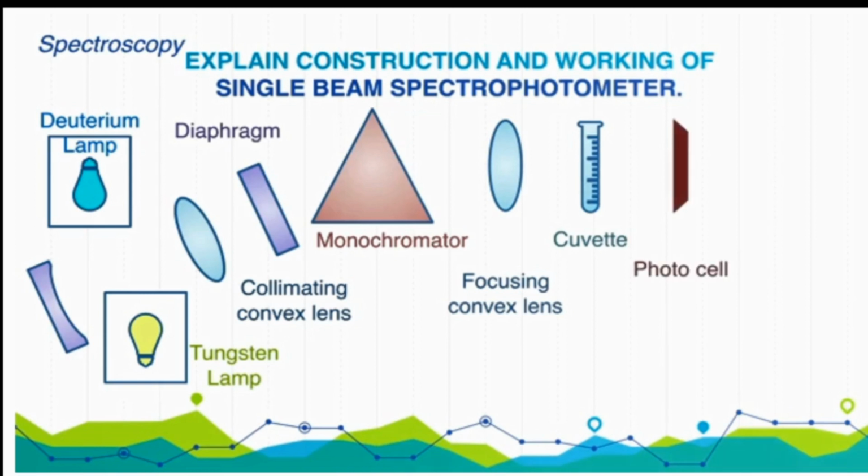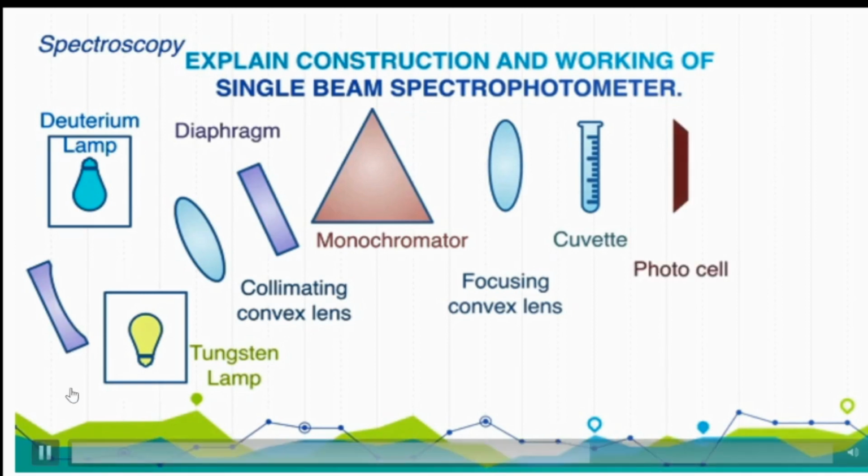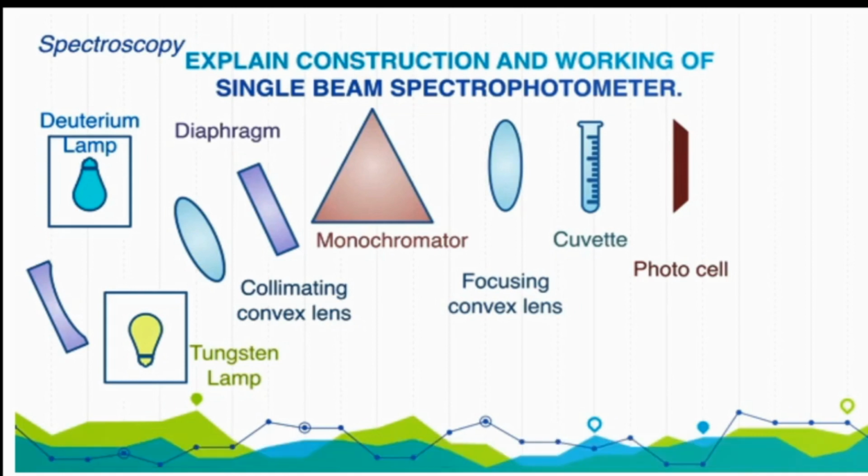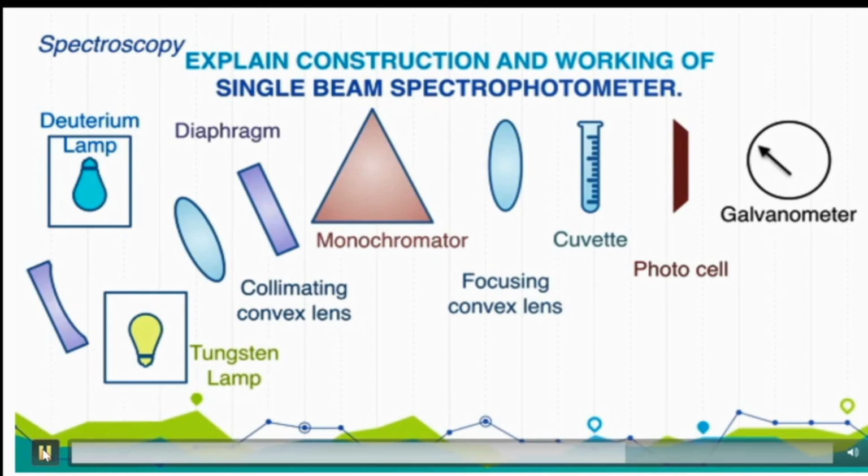Next comes the photocell. The transmitted light is incident on it. The photocell converts the transmitted amount of light into an electrical signal, which is then amplified by an amplifier. That amplified signal is recognized by the galvanometer, and we get a reading. It converts radiations into current, which can be amplified using the amplifier if needed. And lastly, the readout meter or dial. The current is converted into optical density or absorbance in the readout meter.